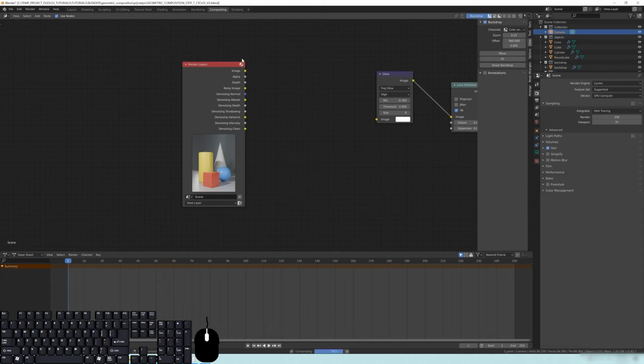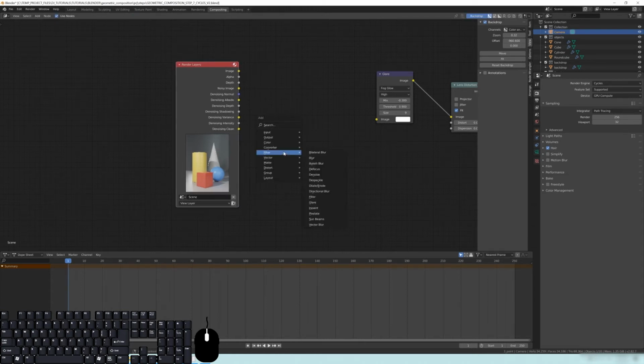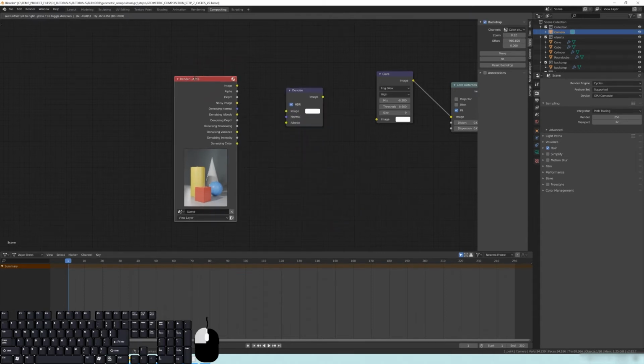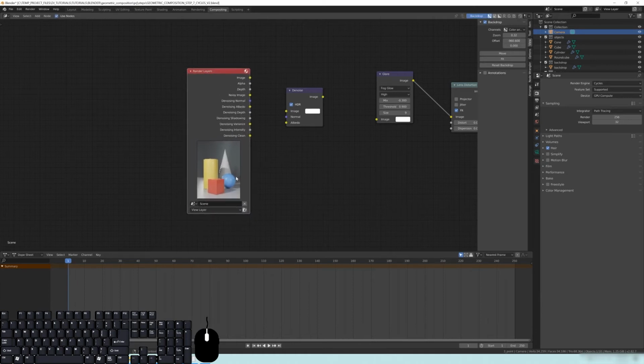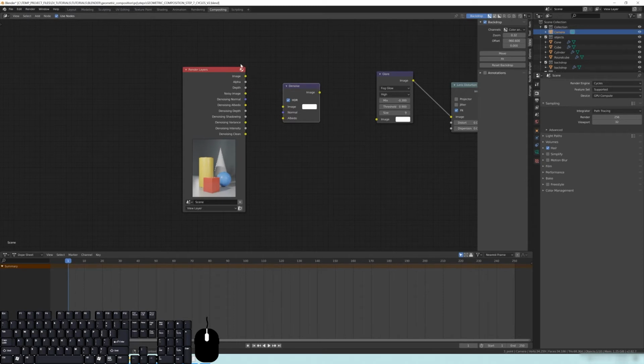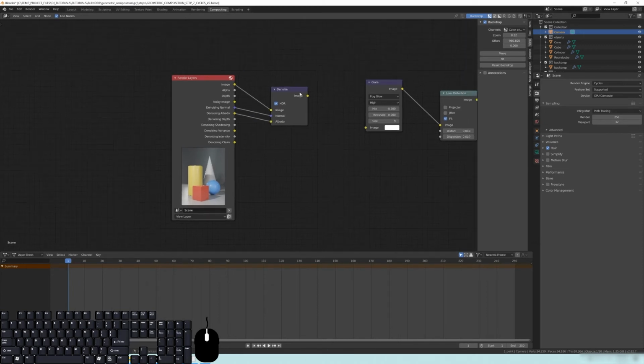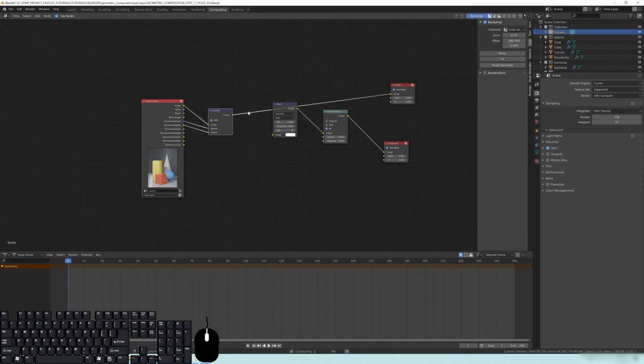So we're going to take the image here, and before we actually start to do anything with this, we're going to add a new filter. So go to Filter, Denoise. And you'll see that this looks much different than the Eevee render of our image. What this is doing is giving us denoise information. The easiest way to do this that's very painless is that you take the image and you pipe that into the top of the denoise. Then, where it says normal, you just take the denoising normal, you pop that right in there. And then for albedo, take the denoising albedo and pop that right in there. And if I link this to my viewer,